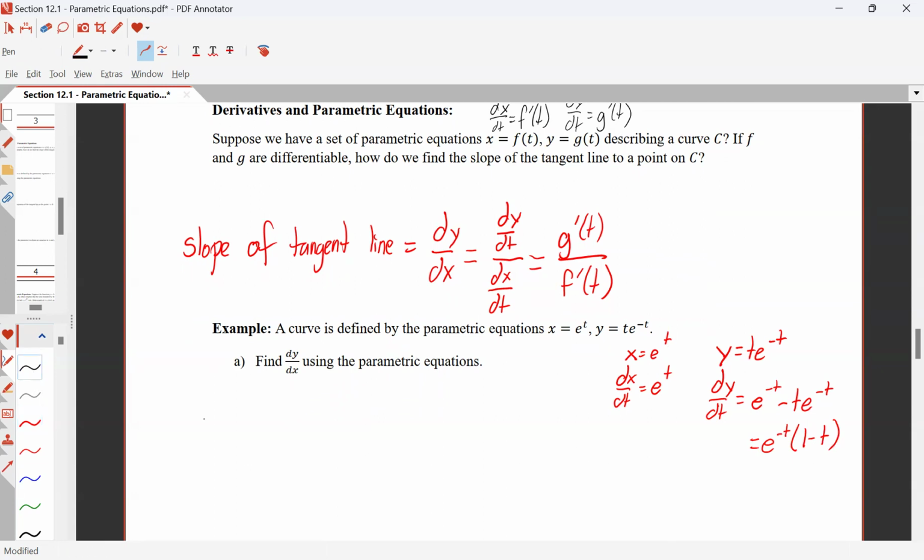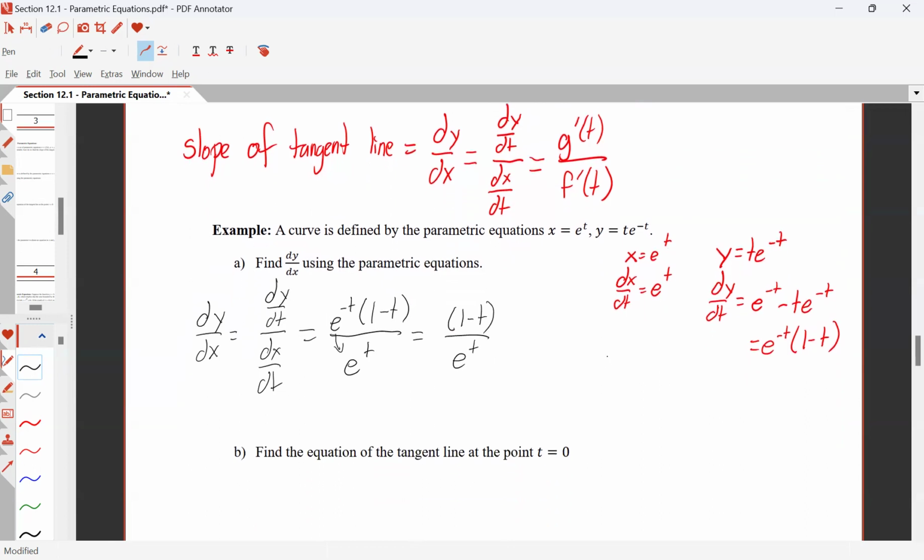So finding dy/dx is finding dy/dt over dx/dt. We have both those derivatives. dx/dt is e^t, and dy/dt is e^(-t) times (1 minus t). The negative exponent can send that e^t down to the denominator, and we get (1 minus t) over e^t. And we have an equation within that parameter of t that will tell us the slope